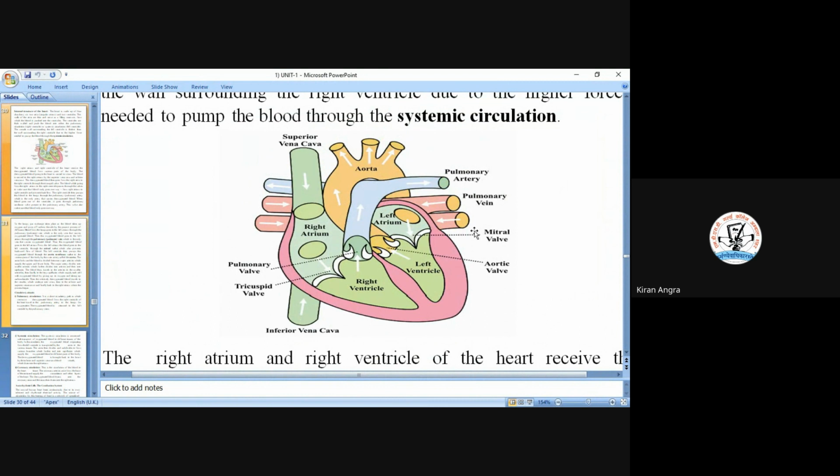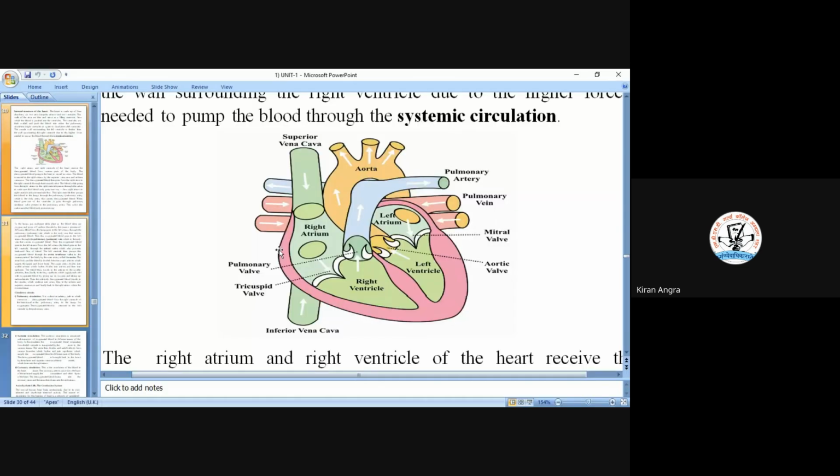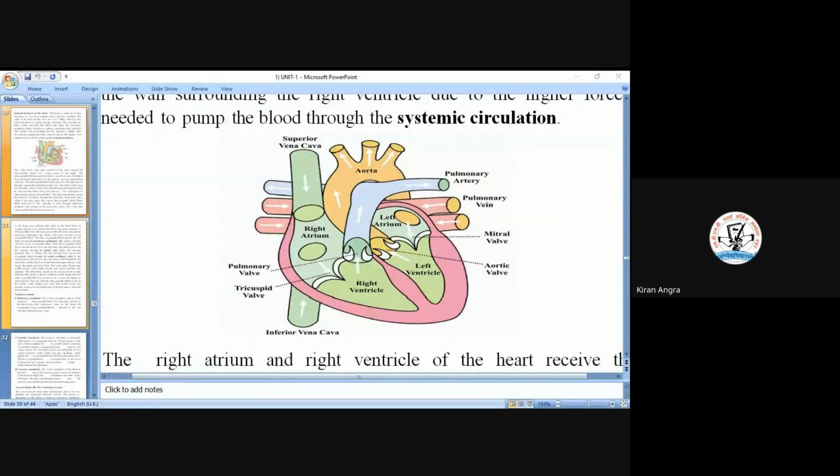First of all, the blood will come into the right atrium. As you were seeing in the diagram, the blood comes into the right atrium through the superior vena cava and the inferior vena cava. These two vein systems bring the deoxygenated blood into the right atrium. The deoxygenated blood then goes from the right atrium to the right ventricle,